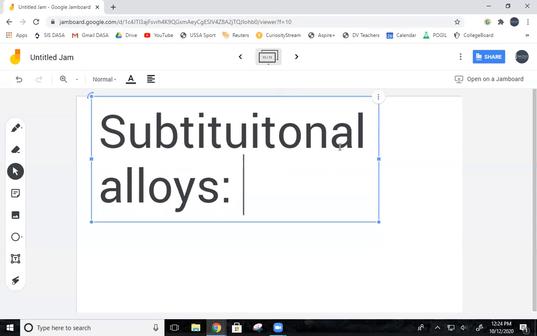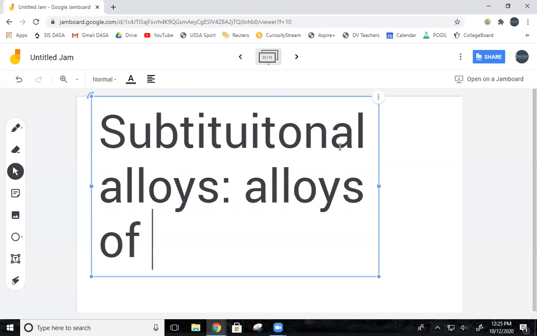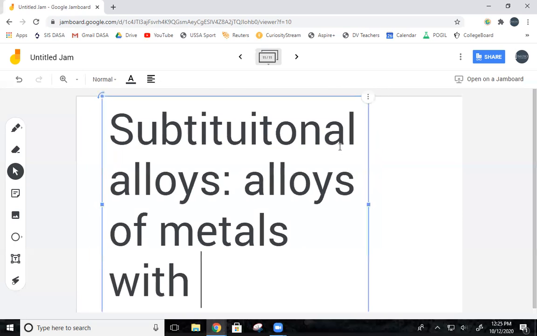Alloys. So substitutional alloys are between atoms of comparable radii. Alloys of metals with